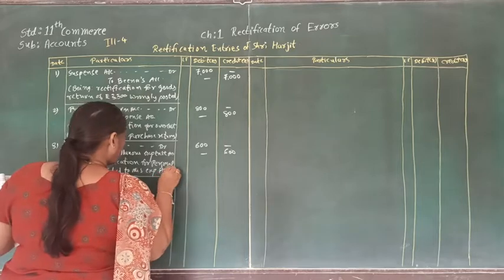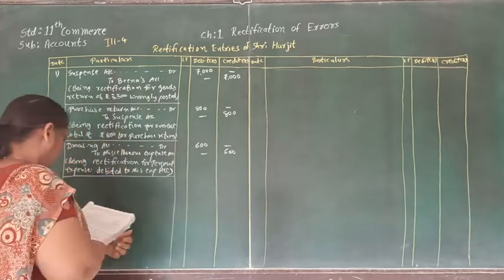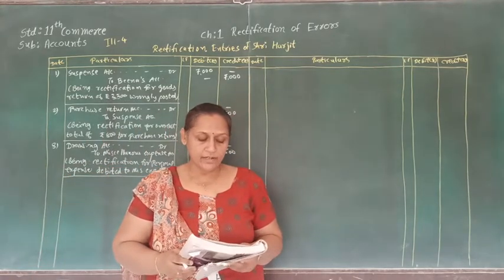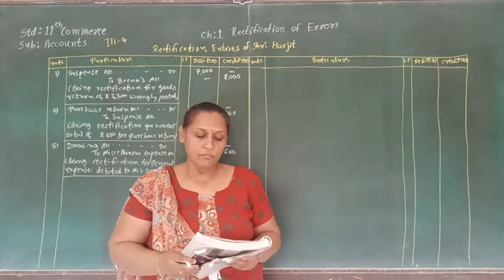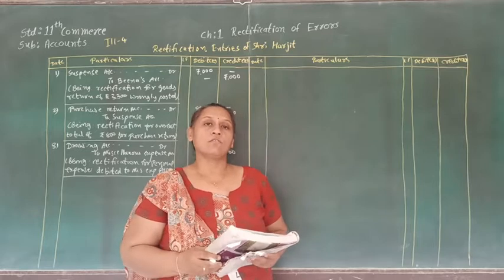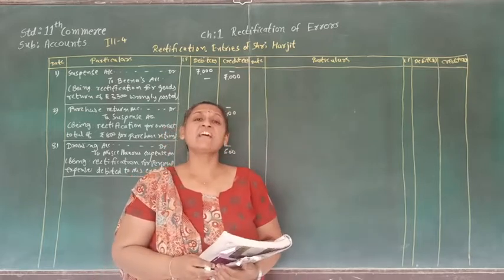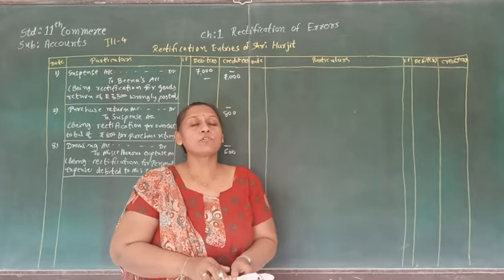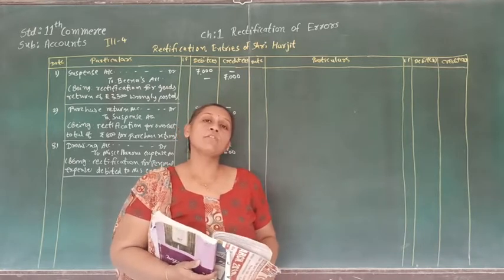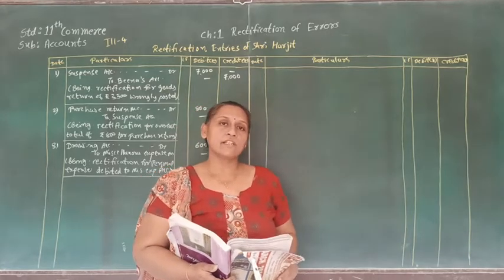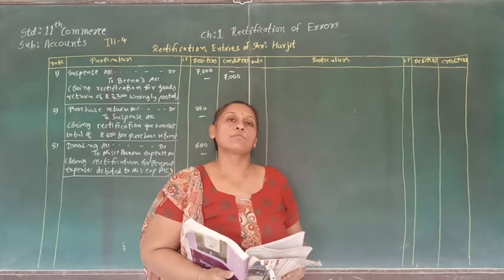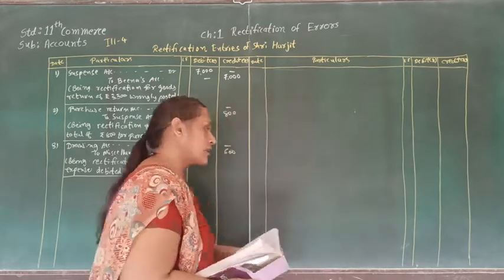So for now let's see the next transaction, that is rupees 1200 received from Neela for rent is posted to the credit of her account as well as to rent account. So here when we are receiving the rent, it's supposed to be credited to rent account. It should not be credited to Neela account. So by mistake it is credited to Neela account. So for that Neela account is supposed to be debited and suspense account supposed to be credited. So let's pass that journal.